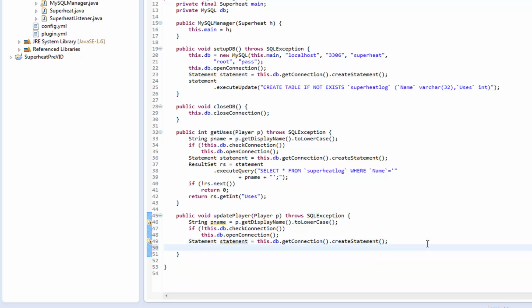Okay. We're also going to get the uses. So this is where we use our previous command. So int uses is this dot get uses p. Okay. So now we're getting the uses. So this should return either a real number of how many blocks a player's mined using superheat, or it will return 0. So with this we can use an else if statement. So if the uses is not equal to 0, then what we're going to do here is update. Else,